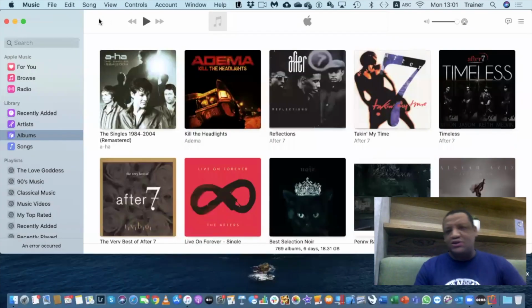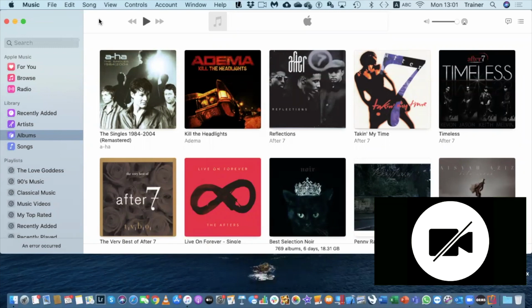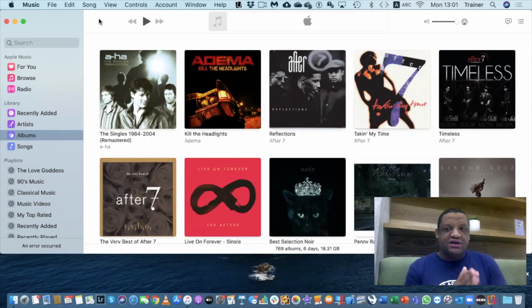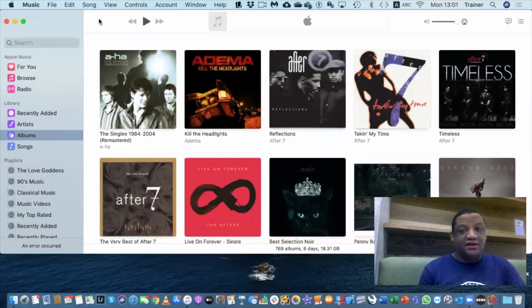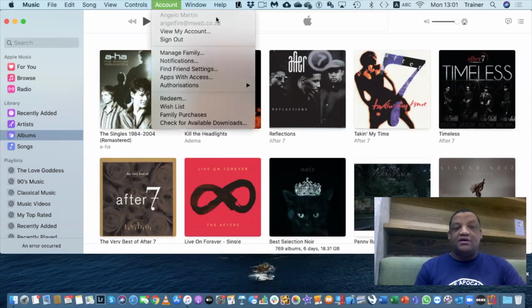I'm just gonna dive straight into it, and I'm gonna come from the point of view, guys, of if you're using Apple Music. And for those who do not use Apple Music, I've got a few clients who are using SoundHound and Spotify, and they're just using their Music app as a music library. And of course, they get all the other stuff from Spotify and so on. So this is now from the point of view of if you are signed in and you've got an Apple Music subscription.